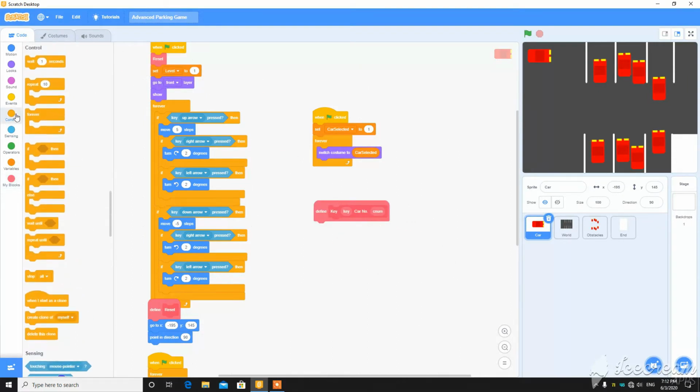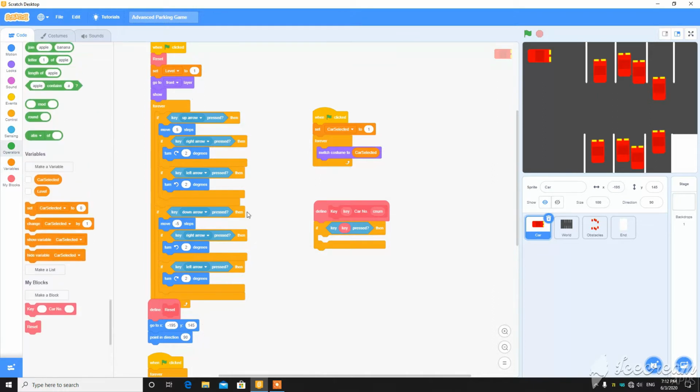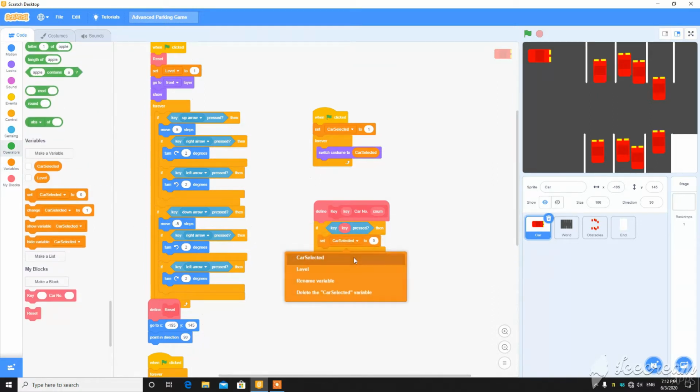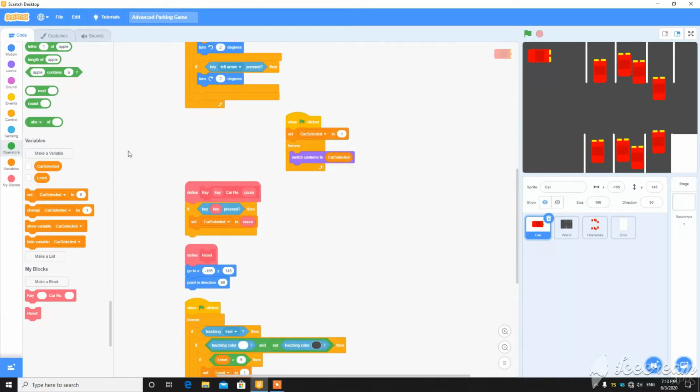Then add your if key pressed, then set car selected to car number. Then put it here and put 1, then 2.